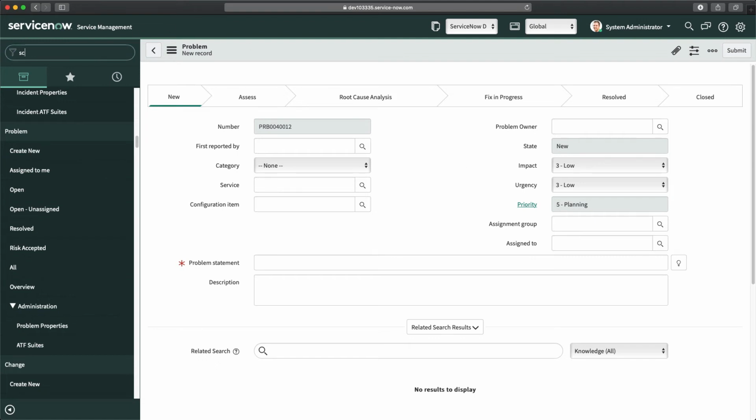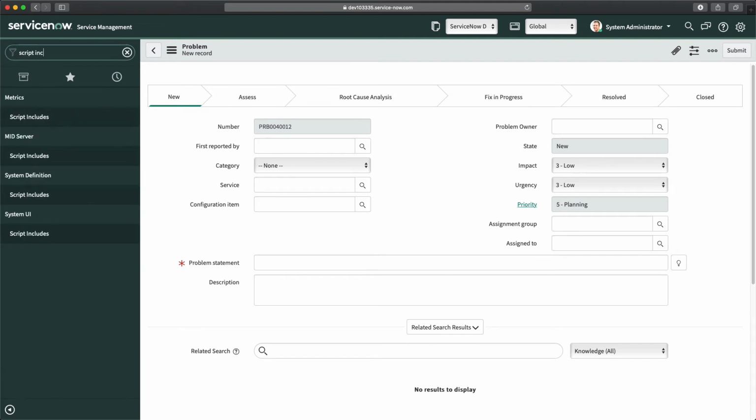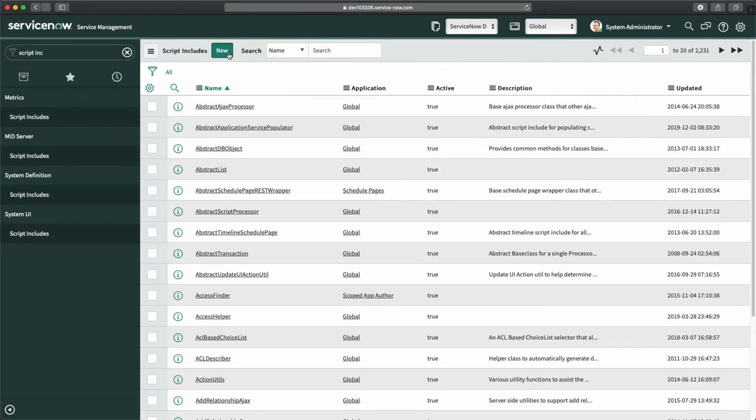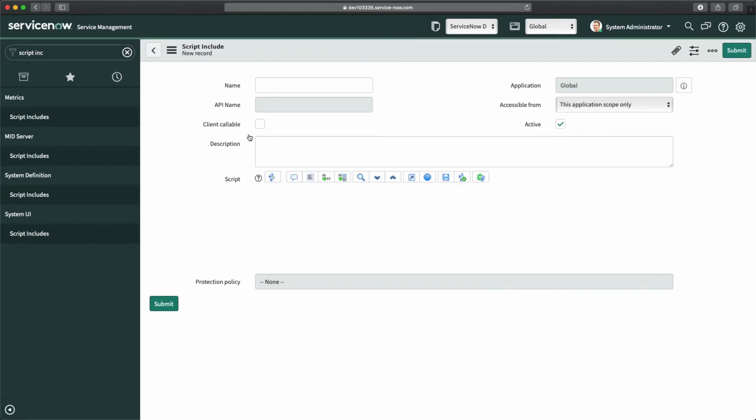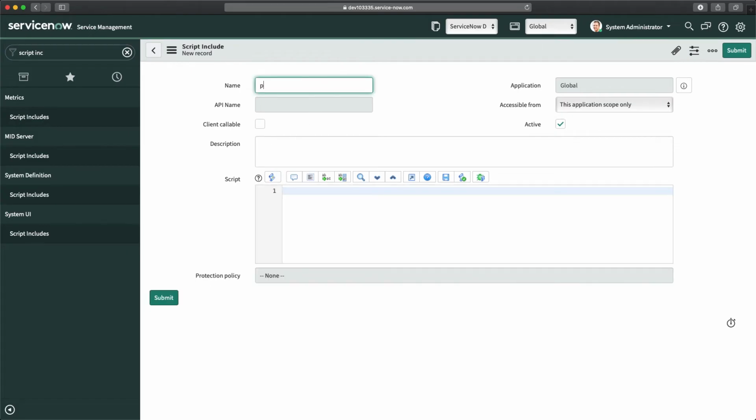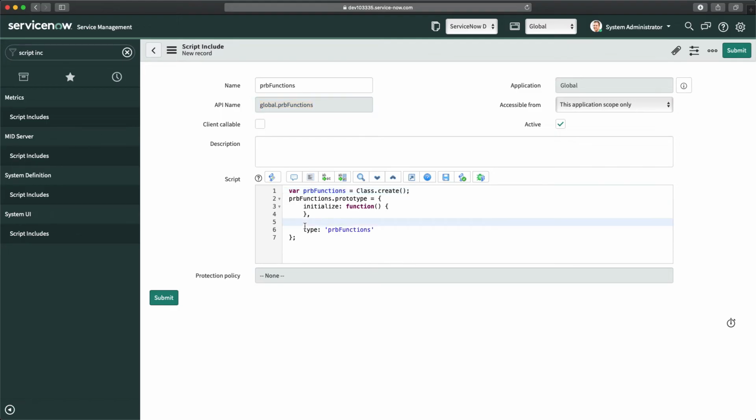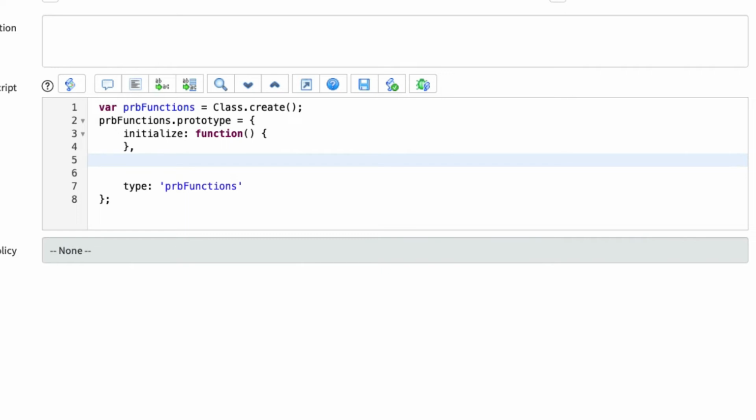I will go to script includes modules. Click on new. Provide a name. So it will be PRB like functions. You can see this class is created. I'm not going to check this box because we are not going to call this script include from client. We will call it from server side code. So I will create a function here. So maybe get